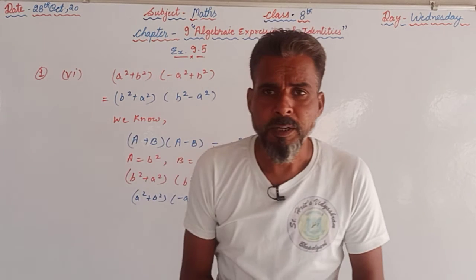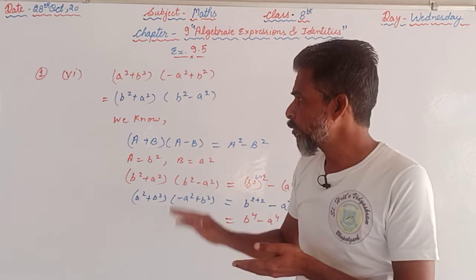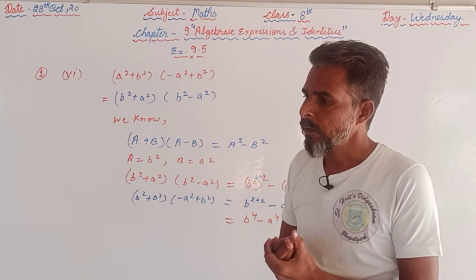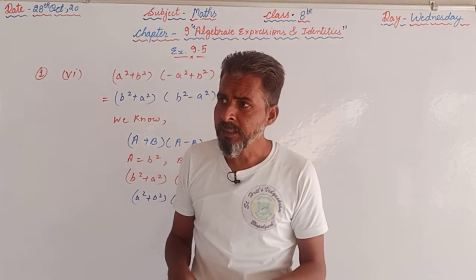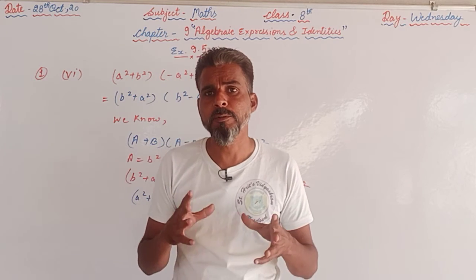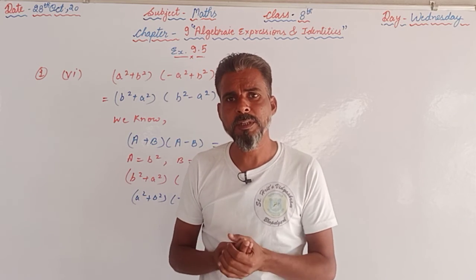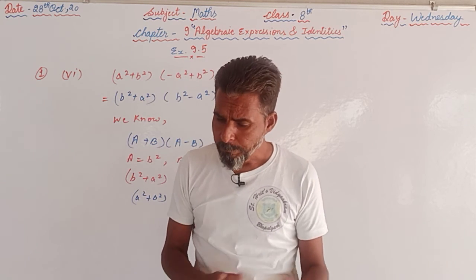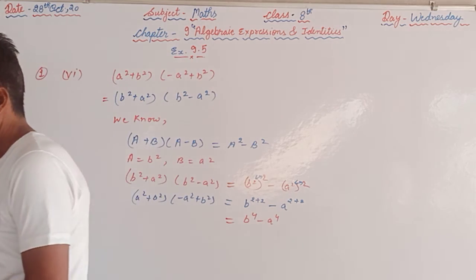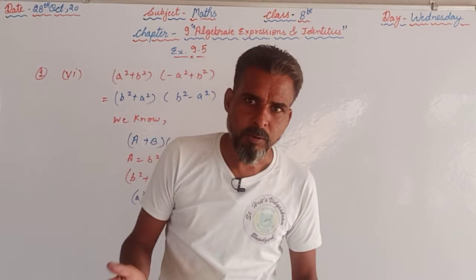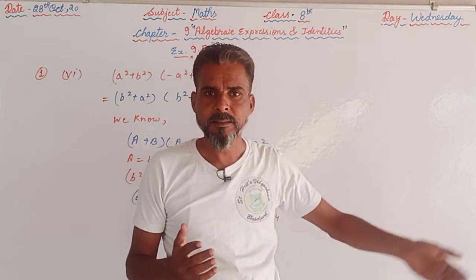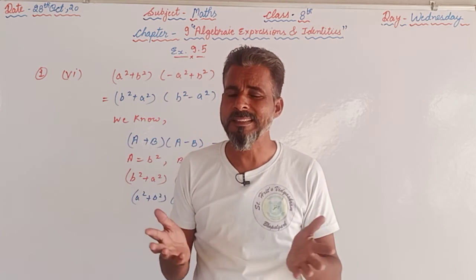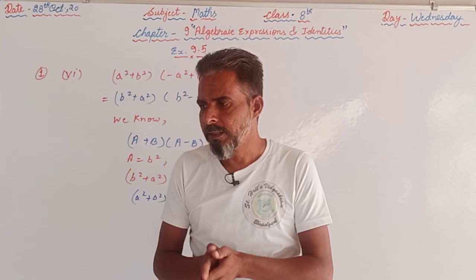So, first of all, what you have to do, you have to repeat the questions we have discussed today during this video. At the same time, you are supposed to complete all the remaining parts of this question, and after completing the work you are supposed to take a pic of that and upload it on the school's WhatsApp number, so that we can also maintain the record of the names of the students who are completing their work on a daily basis. At the same time, you can face some kind of problems or you can have some doubts as well. So, what you have to do in that case, you are supposed to call or you can message us. We will try to rectify your doubt so that you can easily proceed with the questions given in your textbook.